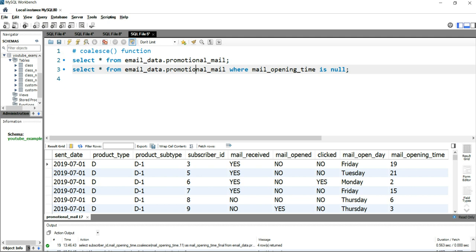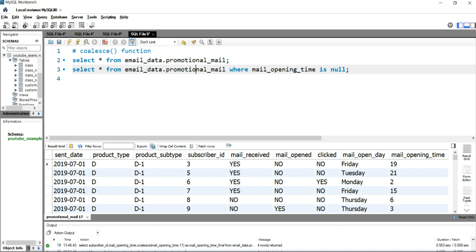So most often you will find in a table that a particular column value is null, and if you want to replace that null value with an alternate value or a default value, then you can use this coalesce function. In simpler words, the coalesce function lets you return an alternative value if an expression or a column's value is null. This means that if you want to replace the null value, then you can use either the alternative column's value or you can use your own default value to replace that null value.